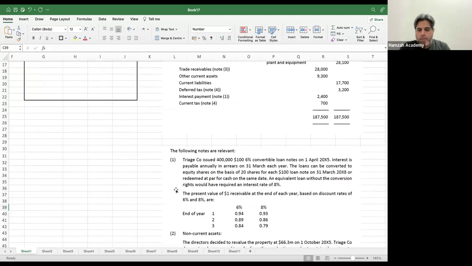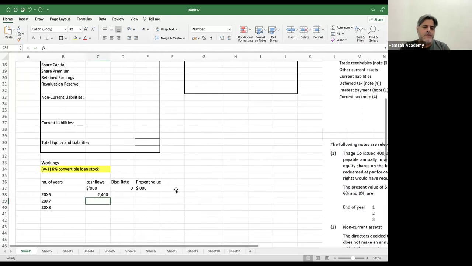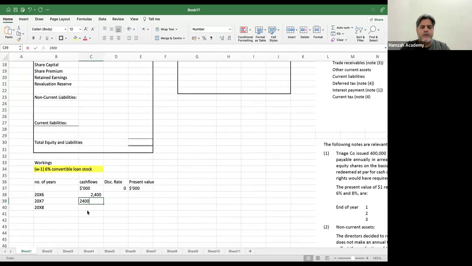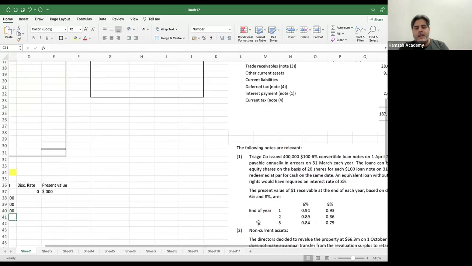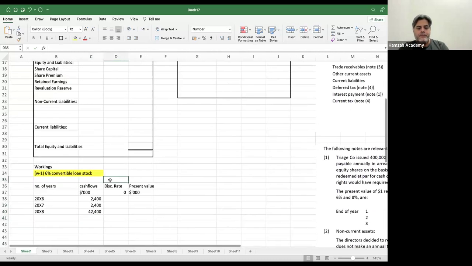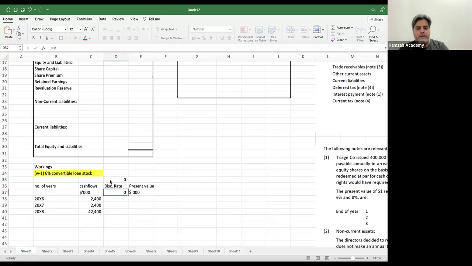Okay. So the loans can be converted into shares or redeemed at cash. So technically speaking, next year I'm going to have this 2,400 over here as well. And if they are redeemed for the cash, then 2,400 plus the 40,000 as well. So in the third year, I'm going to get 42,400 over here. Discount rate I'm going to use is the 8% over here. So with the 8%, I have